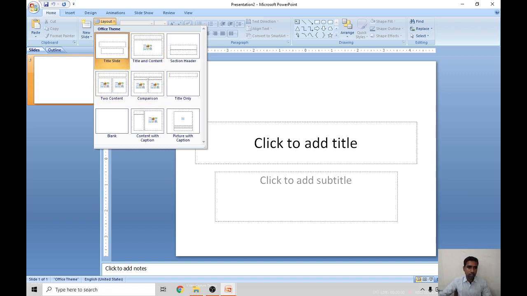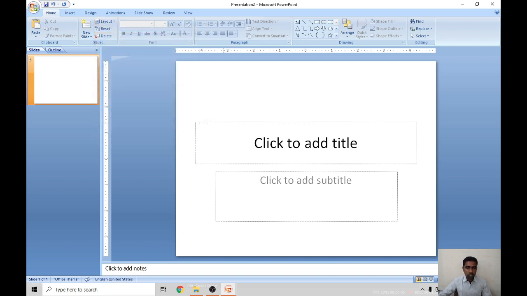First I will select the title slide layout. So this is the layout. Here I have selected. Next I will move to how to add text in the presentation, how to write in the presentation. To write in the presentation, you have to click in the rectangular dotted box. These rectangular dotted boxes are called placeholders. Whenever you want to write in a slide, you have to write in the placeholders only. Here there are two placeholders. One is a title placeholder and another one is a subtitle placeholder.